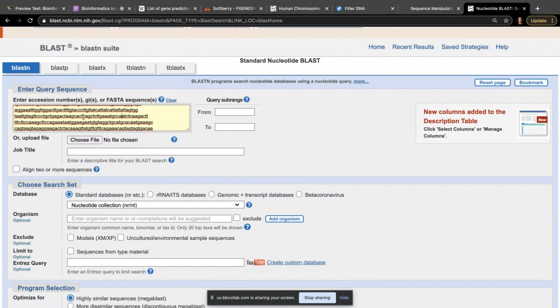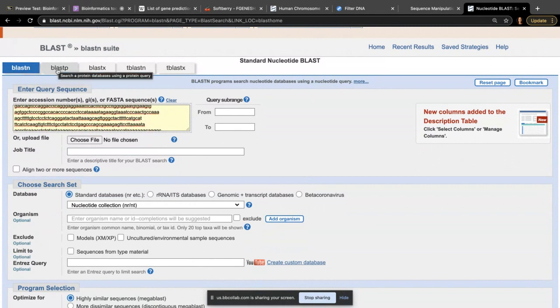I could say, if this is DNA, then when it gets transcribed and translated and you have a protein, does the theoretical protein, or the collection of theoretical proteins that are made out of this sequence, match a protein database? So in that case, instead of doing a BLASTN, I could do a